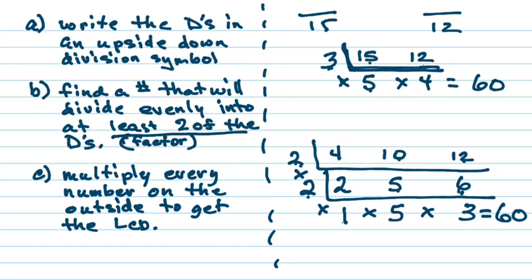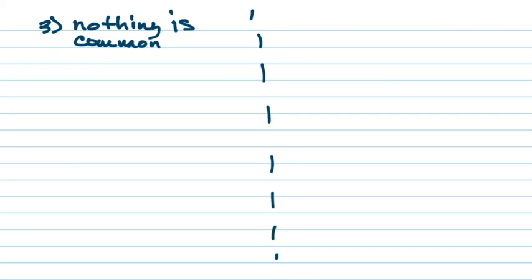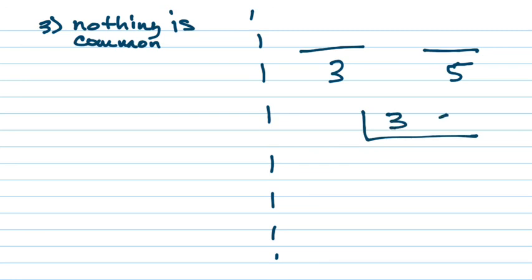Okay? All right. Now remember I said there are 3 cases, so we need to look at the third one. And the third case is when nothing is common. You usually can just see this, but if not, put it in the upside down division symbol and do the formal pattern. But say we have a denominator of 3 and a denominator of 5. Well, I could put those in the upside down division symbol, but before I do that, I already noticed that nothing divides into 3 and 5 at the same time, do they? Okay? If that's the case, simply multiply